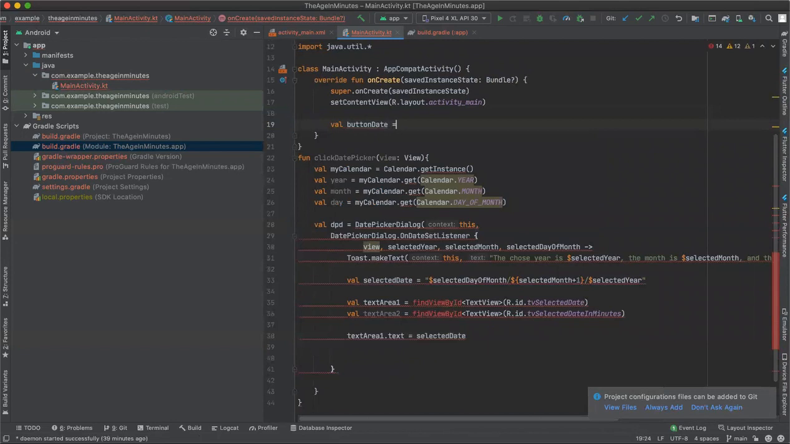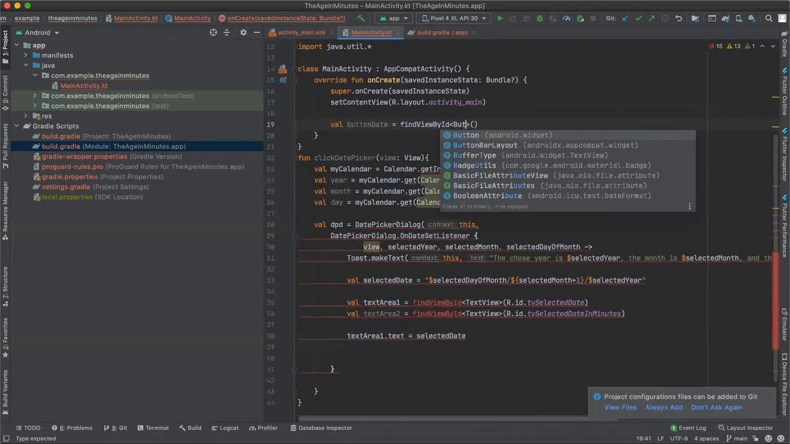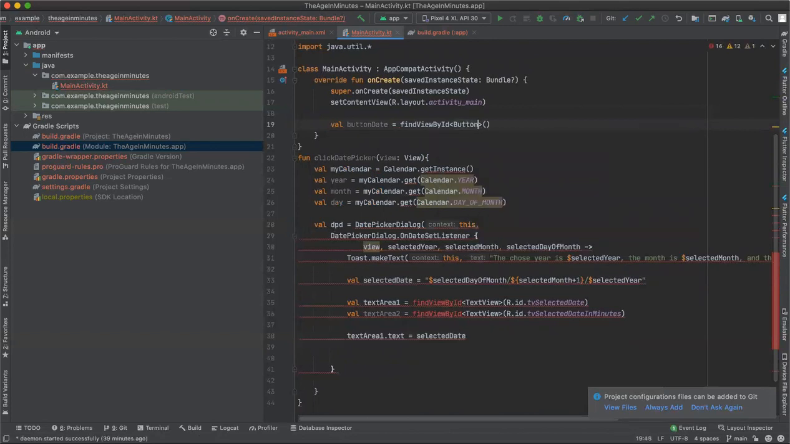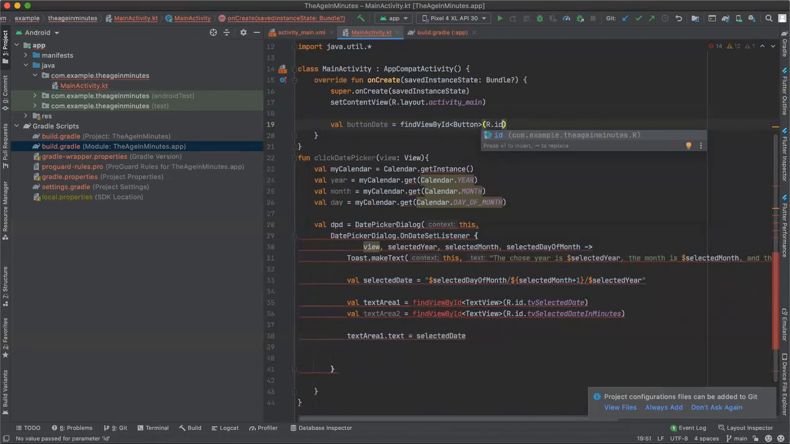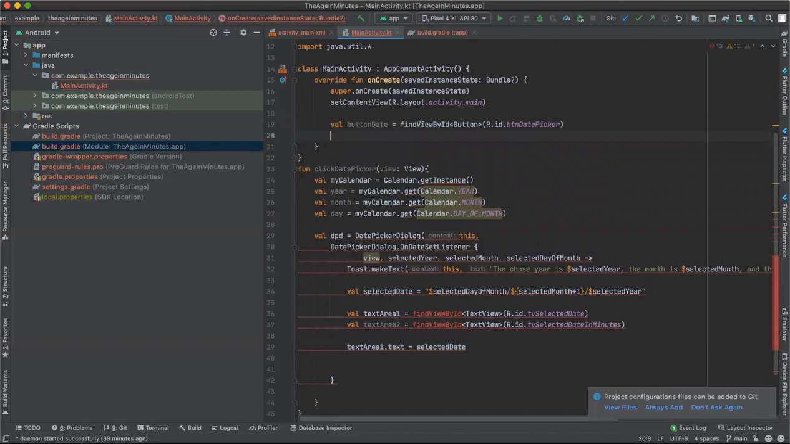I'm just gonna find the other ID, which is gonna be find view by ID. And this one is giving me the information without complaining. I'm just gonna call from the R ID and the button date picker. And from here, you're just gonna say that we need